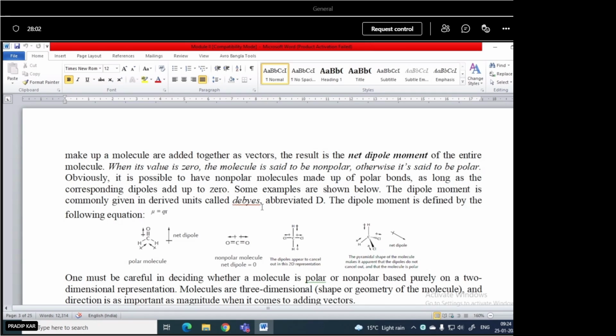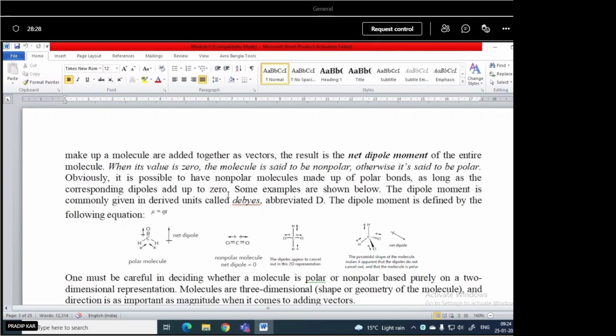And if mu is 0, in case of no charge like hydrogen, the molecule is said to be non-polar. And as the value of mu is increasing, it means charge separation or distance is increasing, and in that case the polarity will increase. And remember that it should have a